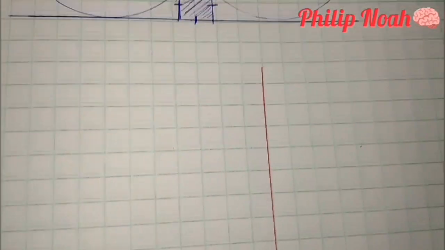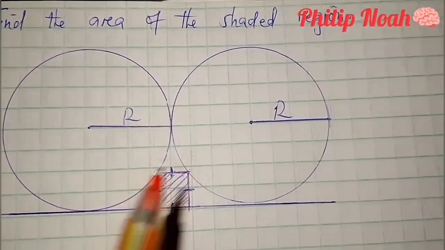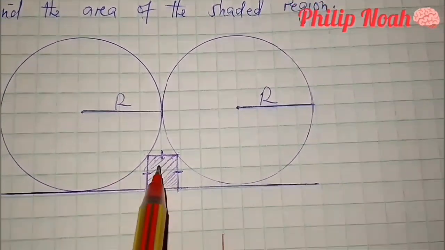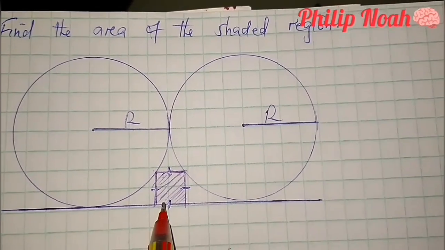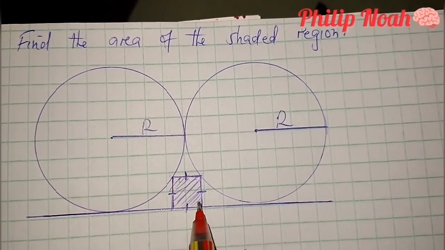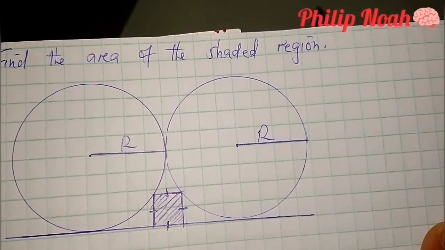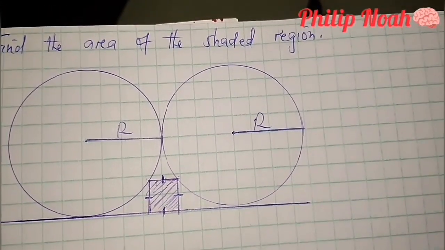Hello geniuses! We have two circles, each of radius r and a square in between them. As you can see, we have been asked to find the area of this square, that's the shaded region. So, what do we do? The first step,